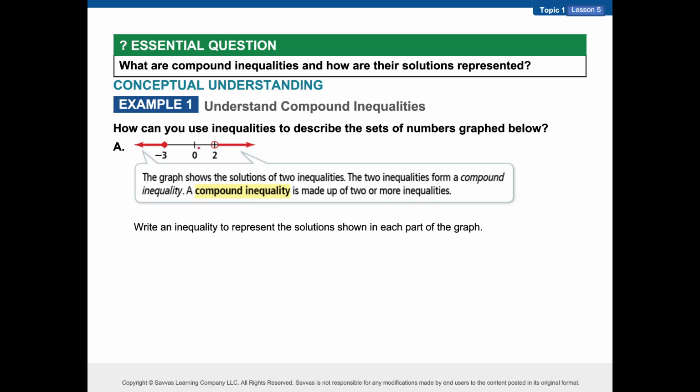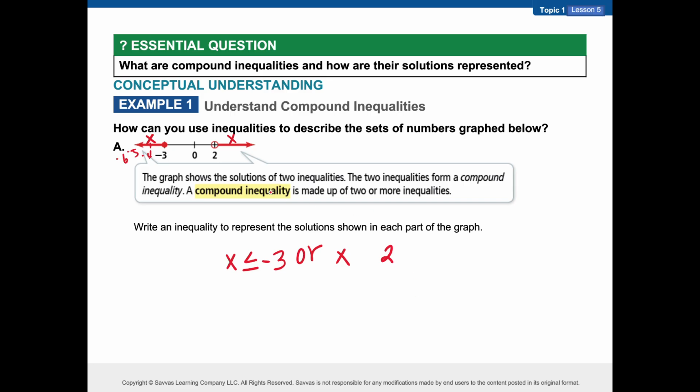When they are shaded apart from each other, this represents an OR compound inequality. X, your variable, represents the part that's being shaded. So x, the part that's being shaded, has to be something to -3. -3 has a closed circle, so that means it's included in my answer. And numbers to the left are -4, -5, -6. The bigger negatives have less value. So x represents all numbers less than or equal to -3,